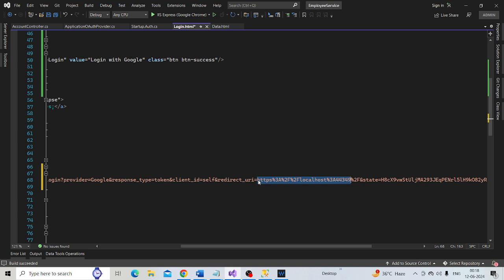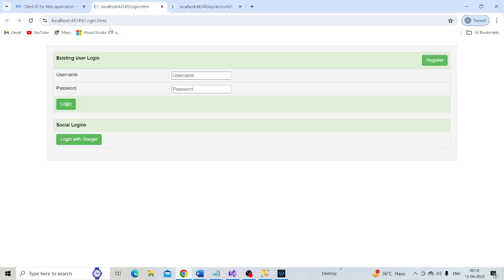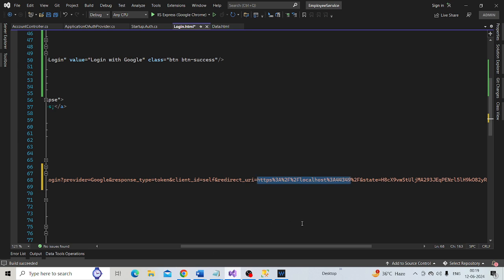This last 5 numbers here, 44349, that is the port number at which our application is running. I am going to copy the redirect URI, which is URL encoded, and I am going to decode that.